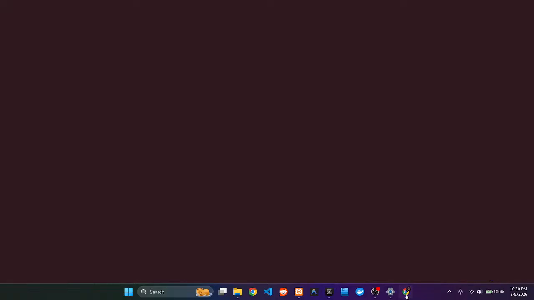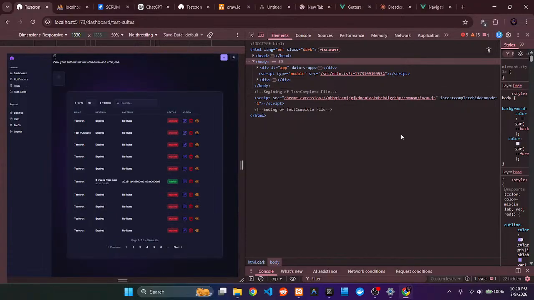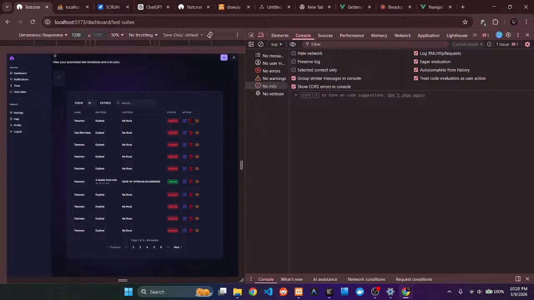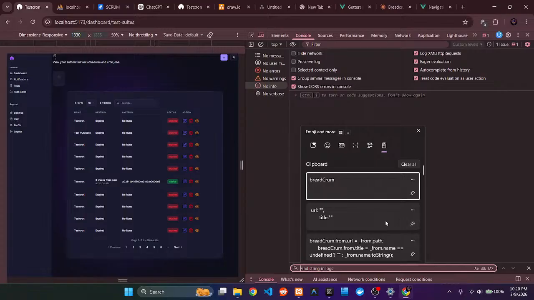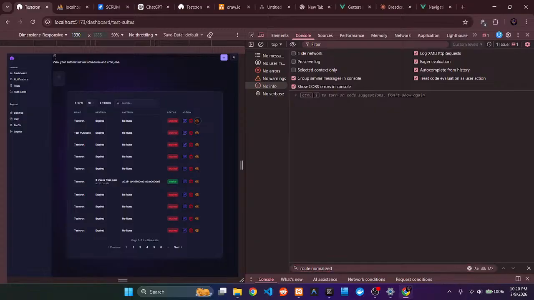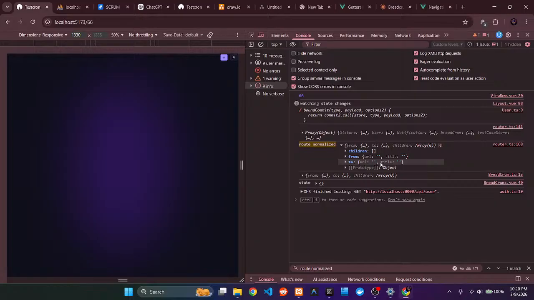Okay, so once I do that, it should work here, and then if I go here, clear that, and then do this, find it, normalize thing, click on that, should be seeing, I think,